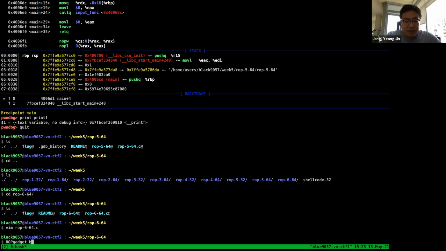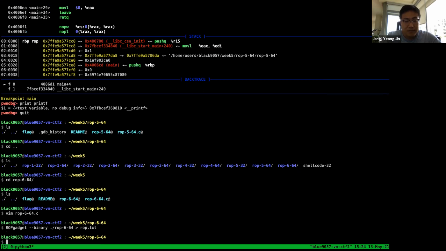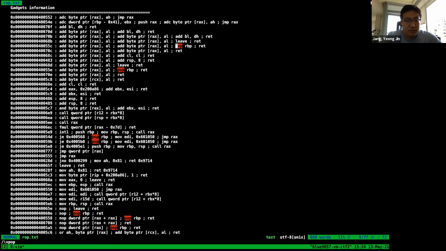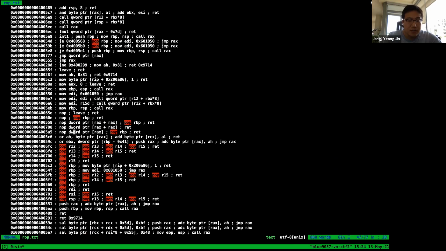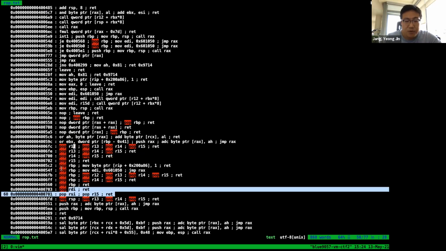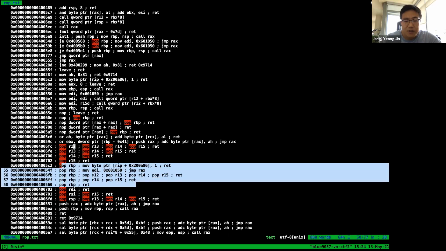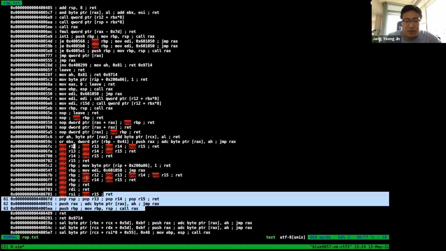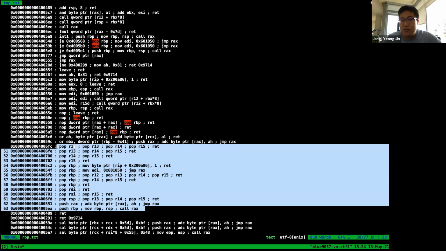But the problem is that if we get the ROP gadgets for this binary program and look at the pop instructions, we have pop RDI and RSI, but we don't have a pop RDX. Because there's no pop RDX instruction, you cannot set the register value for the third argument, so you cannot run execve. I will show you why you cannot run it by just setting the first 2